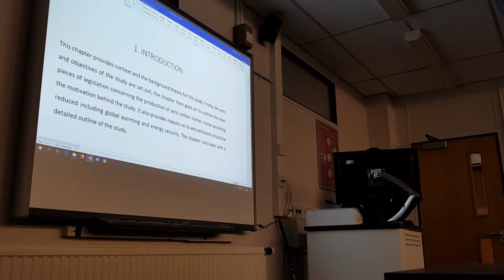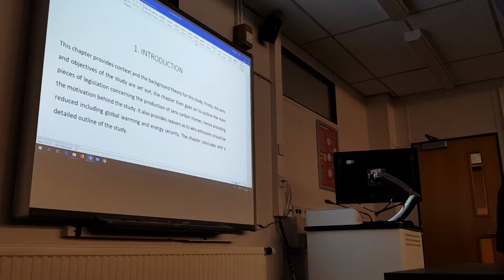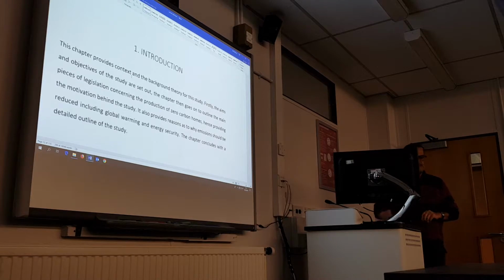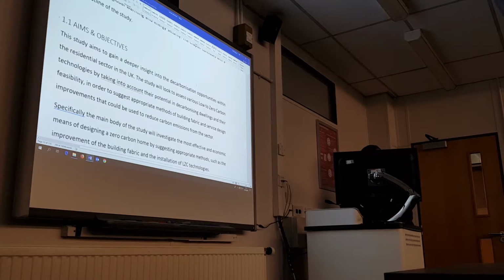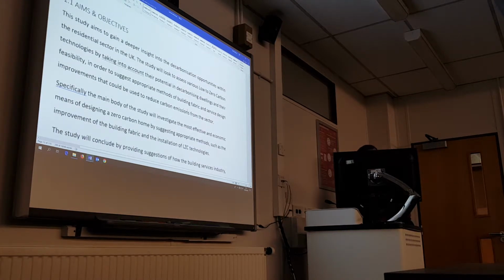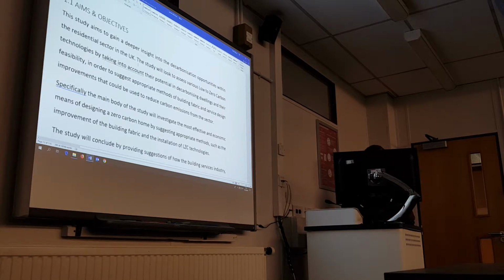Then you've got the introduction. Look at this introduction. This chapter provides context straight away. You know what this chapter is all about? Yeah? Don't beat about the bush, just straight to the point. And an objective. Now the author here, he combined all of them together, but you can understand how this is actually done. Alright? You can understand.